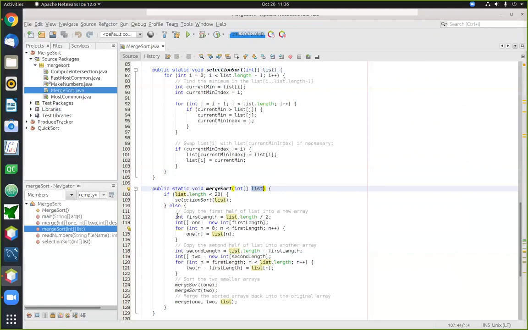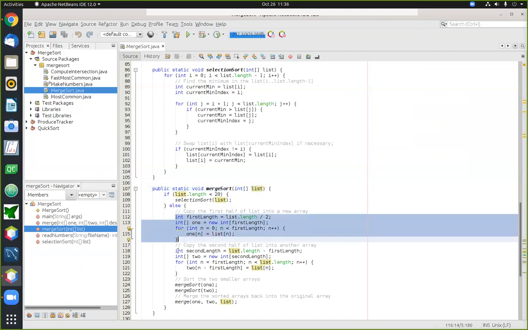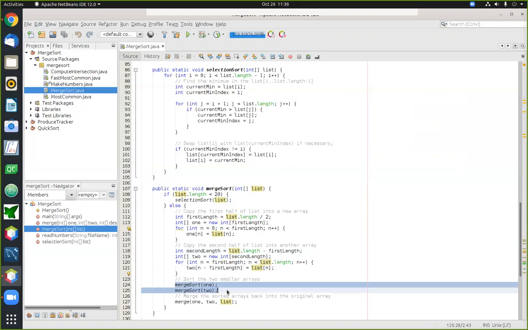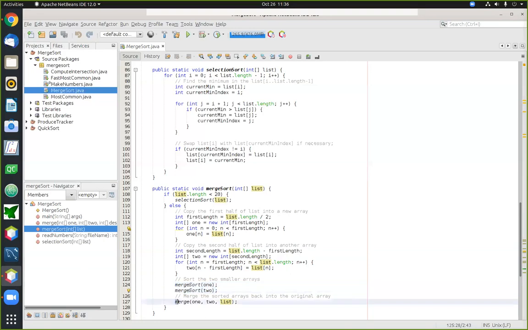happens to be, and the first thing you do is make two copies of the two halves of that list. So you make a copy of the first half of the list, then you make another copy of the second half of the list, and then using a process called recursion, you call the merge sort process on those two shorter lists, hoping that merge sort will correctly sort those two shorter lists. And then the last thing you have to worry about is merging the two shorter lists back together to make